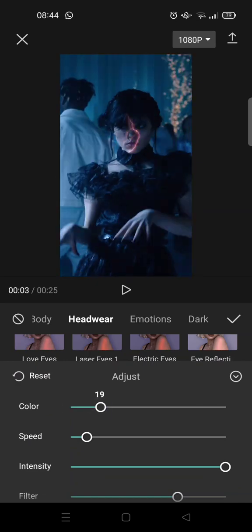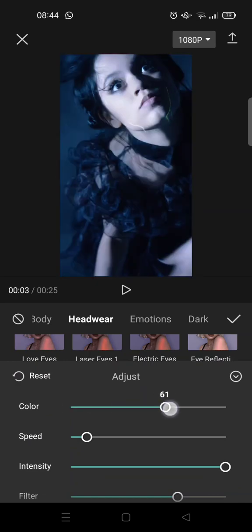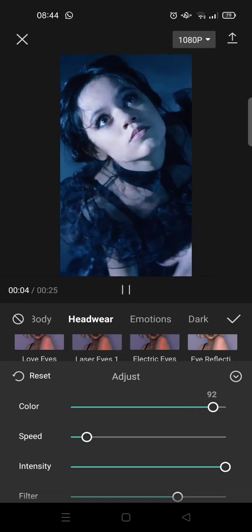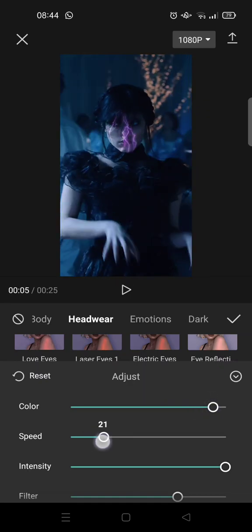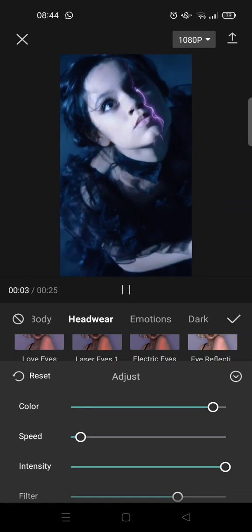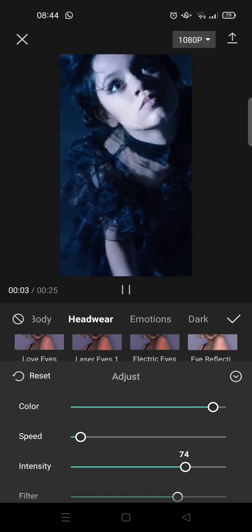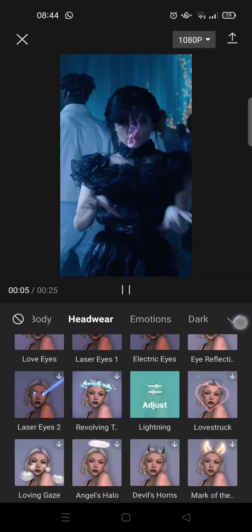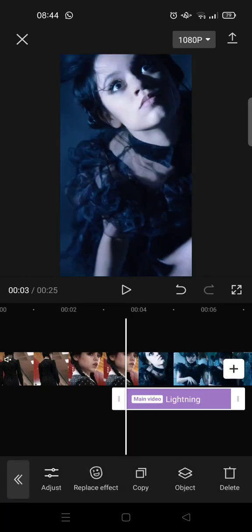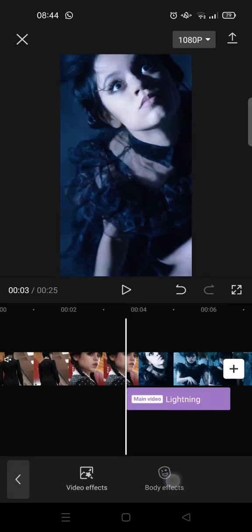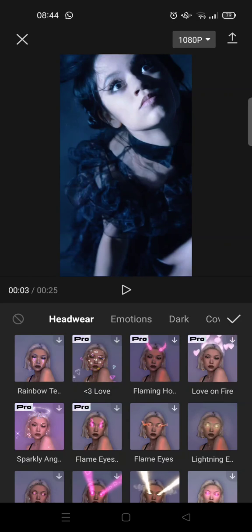You can adjust the color, so I'm going to go with these colors right here, and then you can also adjust the speed. I'm going to lower the speed, and then you can also adjust the intensity, and after that you can go back, click on the check icon first and add another effect, another body effect, and now